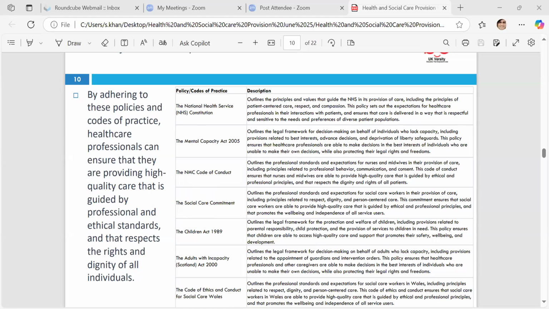Nurses and midwives and things like that. Do you think it's part of them? Yes. Yeah. The next one is the social commitment,